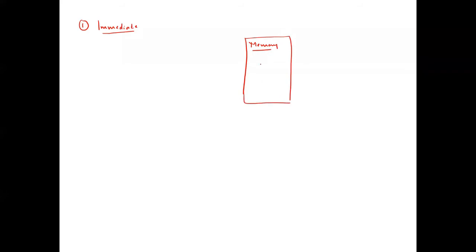The first one is immediate addressing mode. Now, what are the contents we are going to store inside the memory? Inside the memory, we have information, and that information can be a program or it can be data. So we have program memory and data memory.